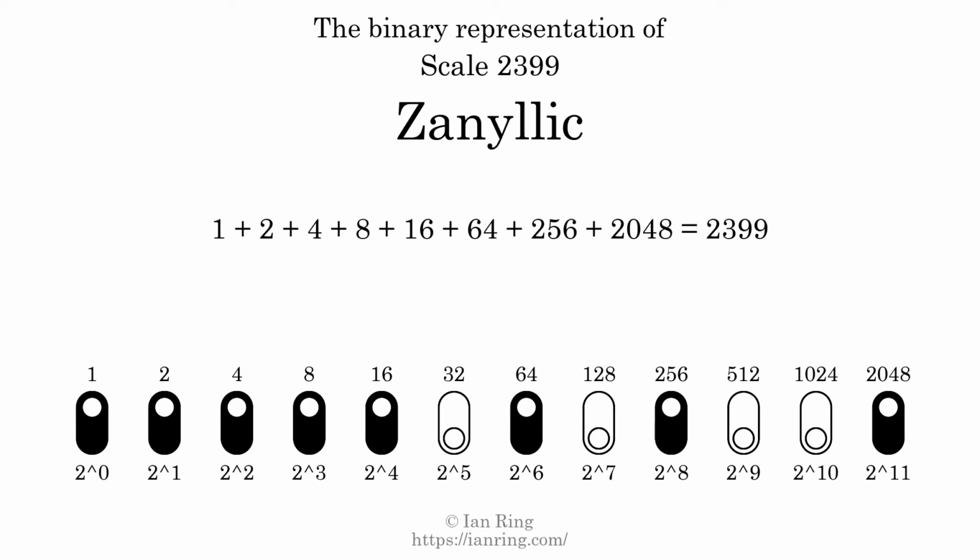That is why the scale number, in decimal, is 2399. The scale number not only enumerates the scale with a unique index, but it also literally describes the tonal content of the scale. Represented as a binary number in base 2, the scale number is